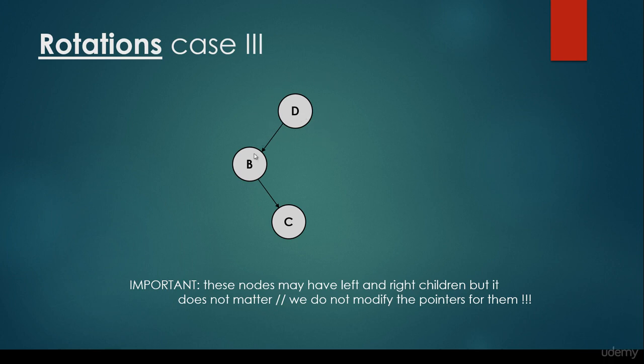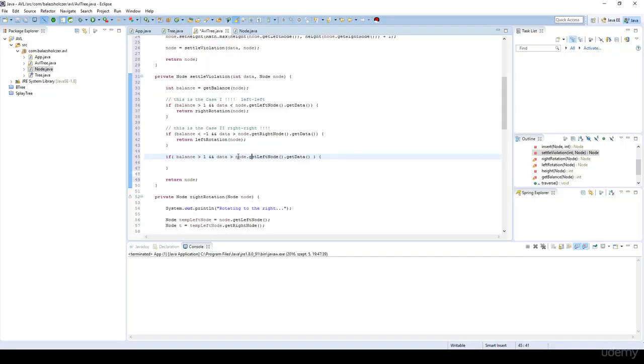The grandparent's left child is the parent of the node we have inserted, because the C is the node we have inserted. But this node we have inserted is a right child, so we know that the new data is greater than its parent's value. So that's why the node's getLeftNode.getData is smaller, or from the other perspective, the data is greater. So this node is a right child of the grandparent's left child. That's why we have to make 2 rotations. This is the so-called